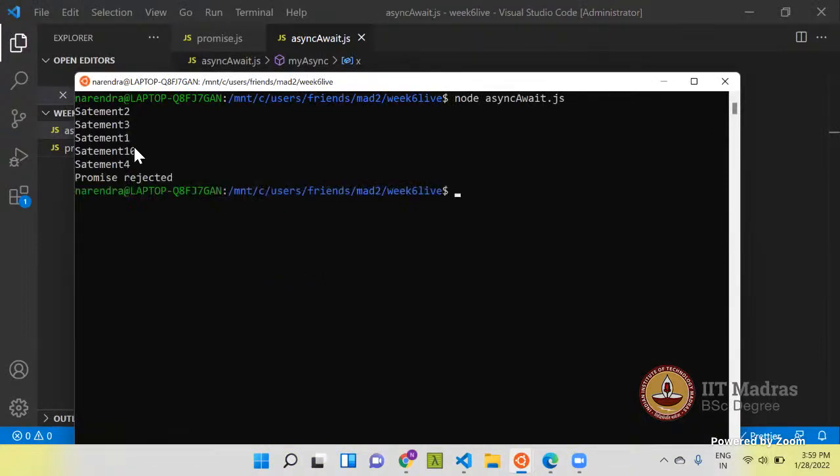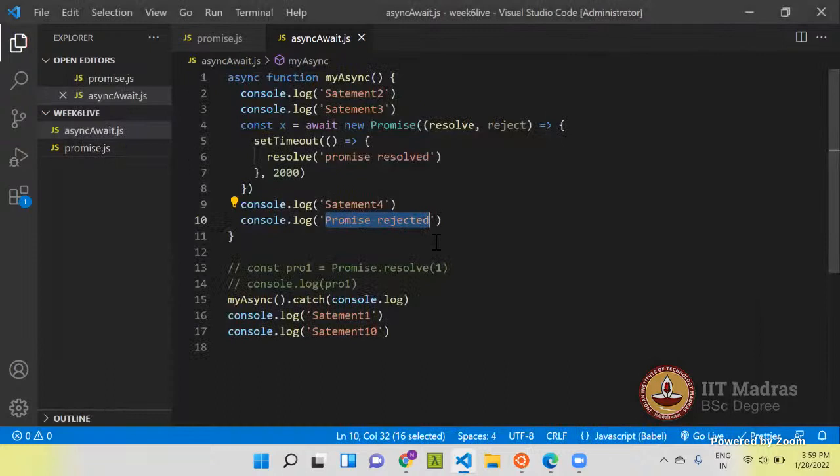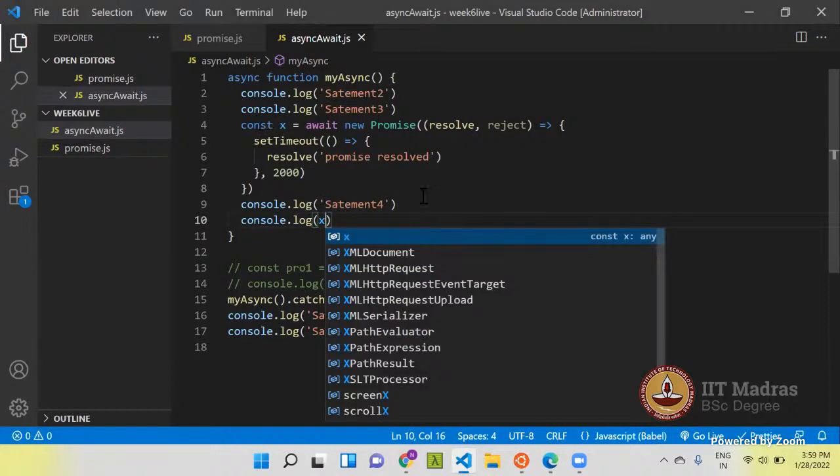Now see, 2, 3, 1 is printed, and 2 after 10 it waits, and then runs statement 4, and then runs promise rejected. Promise rejected is for here. If I use the x here, it will print promise resolved.